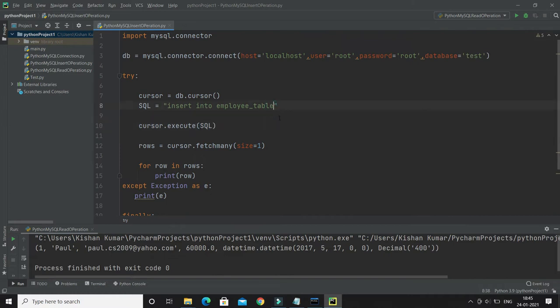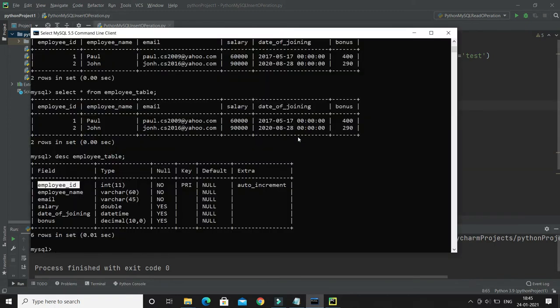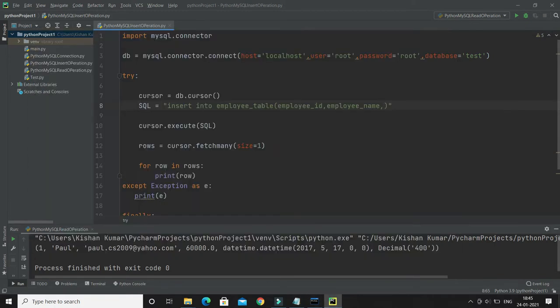So I'm going to specify here values for, let's say, all the columns. Even though employee ID is auto generated, I'd say employee ID, then employee name, then email, salary, date of joining and bonus.